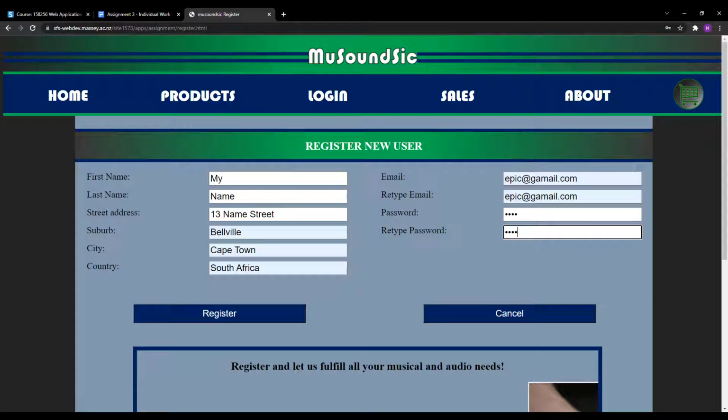Okay, so now this brings us to the register page. If you look here, you can see I've already filled in all of the fields. If I were to click on this register button here, it would then show a pop-up message that says successfully registered your email name to local storage, and if you cancel, then it will